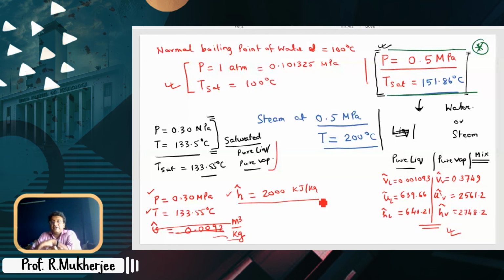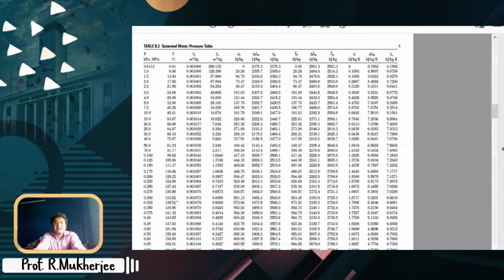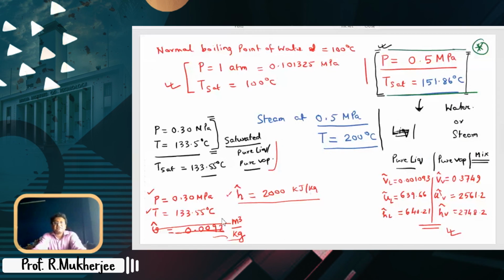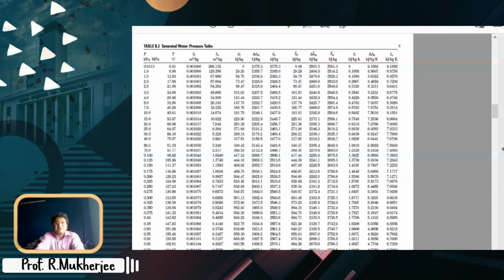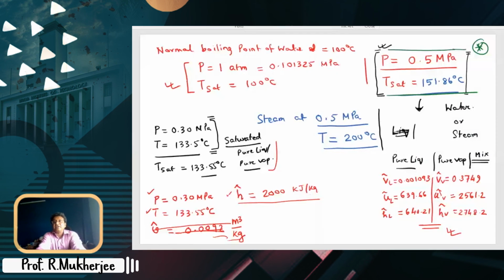Okay. So what is the first thing we do? First thing we do is check whether the temperature corresponds to the saturation temperature. Because this table B2 first page, what I guess all of you are seeing, you can use this data, right? You found that my pressure is 0.3 megapascal and the saturation temperature is 133.55, and the temperature of the system specified to me is also 133.55. Therefore, it's a saturated system. And since it's a saturated system, you have the legitimate right of using all this data. Otherwise, you could not have used any of this data.